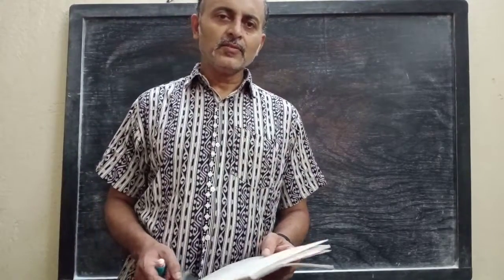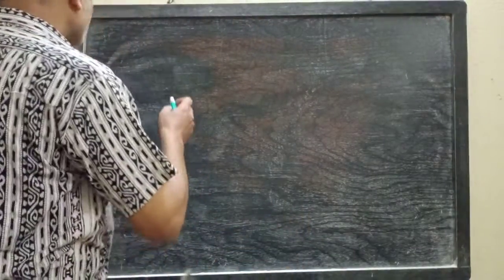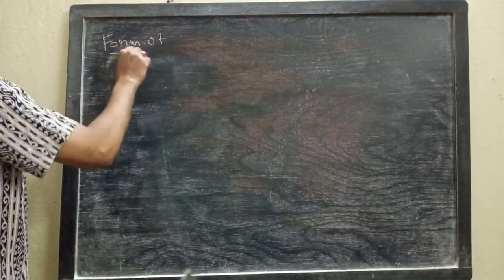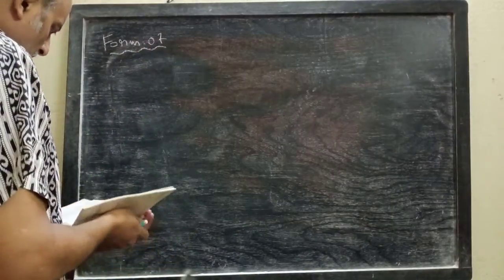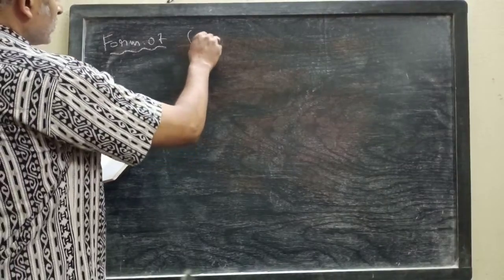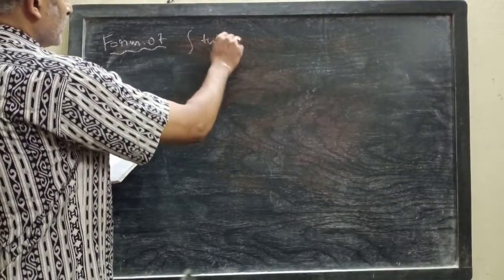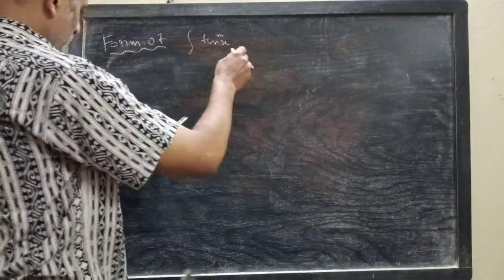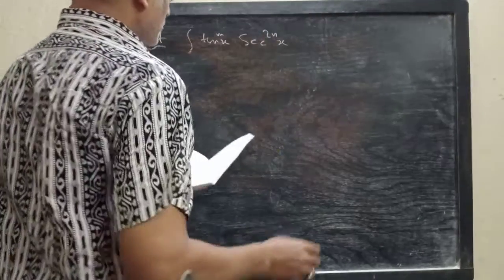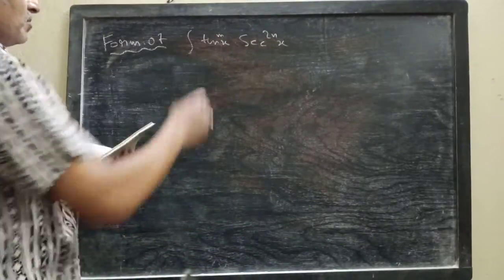We have discussed up to form 6. Today we will start our discussion on form 7. The form is integration of tan to the power m x into sec to the power 2n x. That means here where